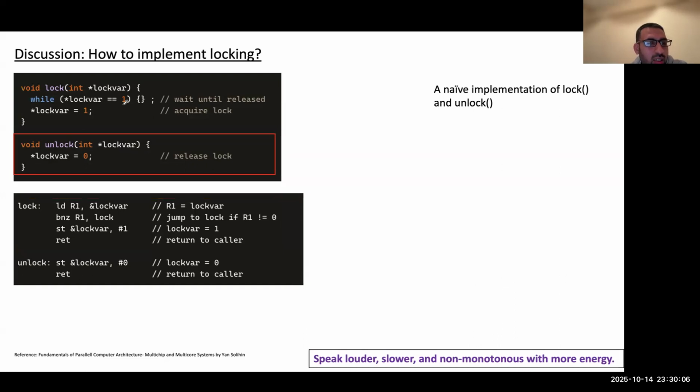And what is the assembly function of the unlock version? It is the unlock function. It is straightforward. You are saying just set the value of the lock variable equal to 0 and then return, right? So if I say that this implementation of locking and unlocking will not work,